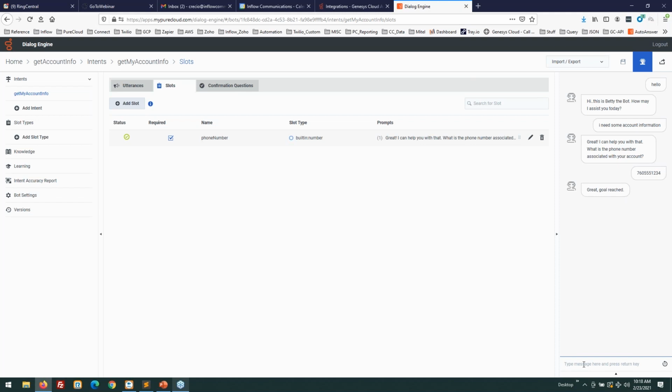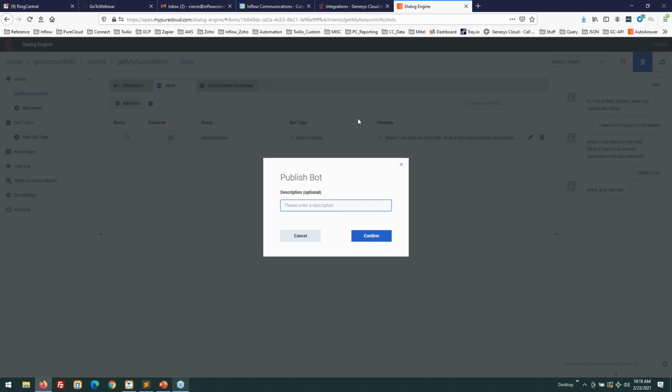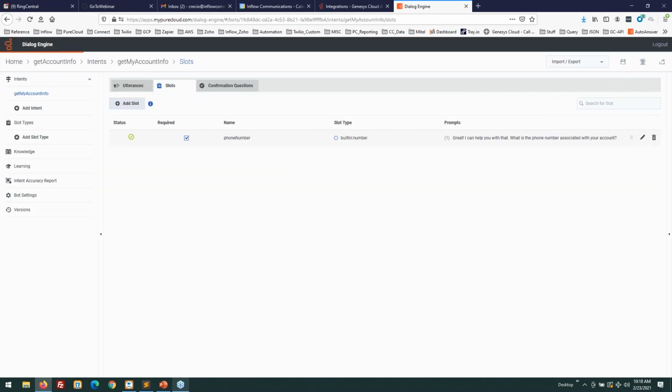This is a bona fide working bot. Now, obviously, there are many more things you would add to this bot, but this is how you start the game. Now, once I've tested it, I've got a goal reached on the right. On the far right, I'm going to hit publish this bot. Now, you can give it a description. I don't normally give it a description because I don't think it's required. Because once we get into Architect, it now says this version is now live.